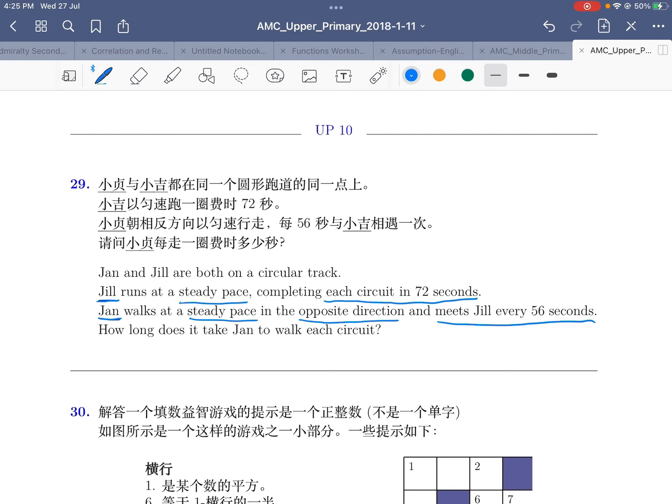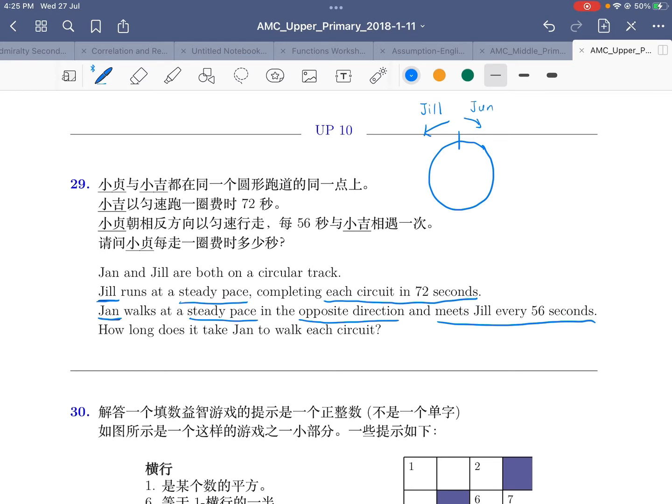And hence, in order to try to better visualize the problem, it will make sense for us to try and draw out a small circle. You'll better understand what is going on over here. So maybe we can have Jill running in the anti-clockwise direction, and we have Jen walking